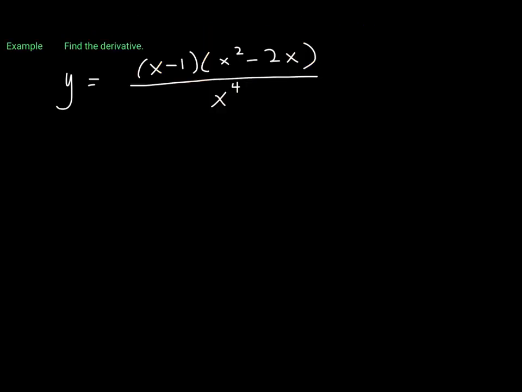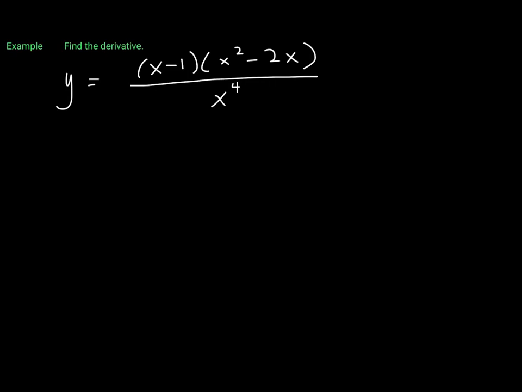All right, check out this expression for y. y is equal to x minus 1 times x squared minus 2x all over x to the fourth. Okay, listen, if we're going to use the quotient rule here to find the derivative, we can, because this is a quotient, so we can definitely use the quotient rule. However, it will be a lot of work. So I think what would be smart in this case is kind of what I was talking about earlier, let's see if we can simplify the expression first and then take the derivative after that,